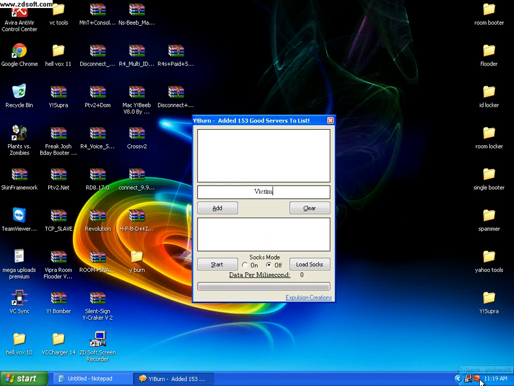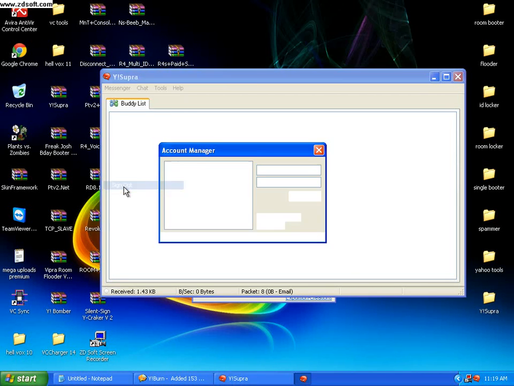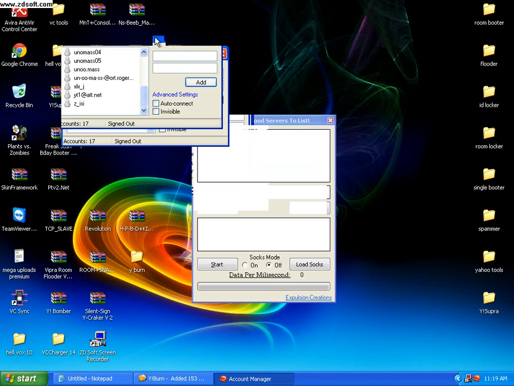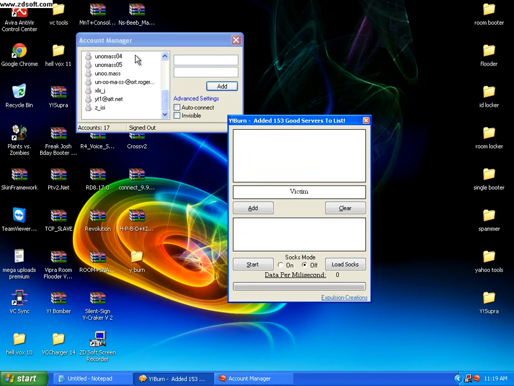For example, I will use my ID, Unomas05. Just type in the victim, not the ID in the victim list. There it goes. Unomas05, right? Then put it in there. Click add. Then click start.